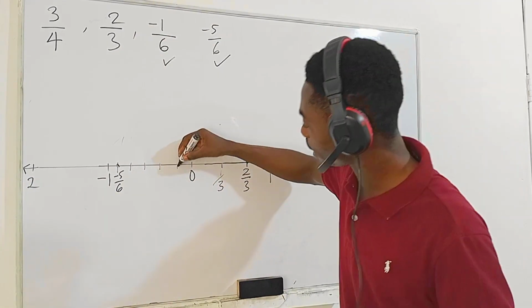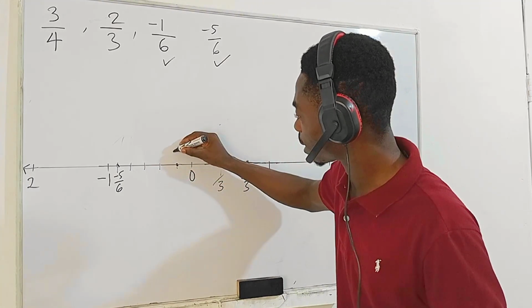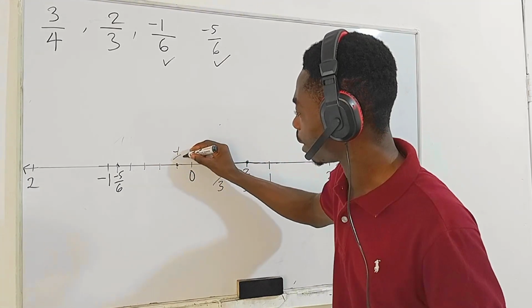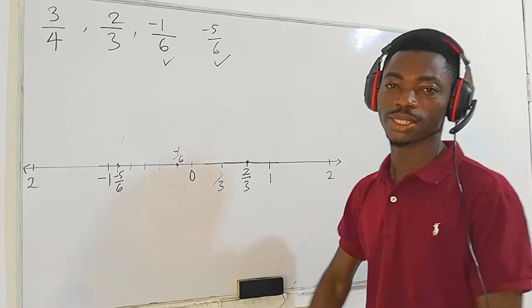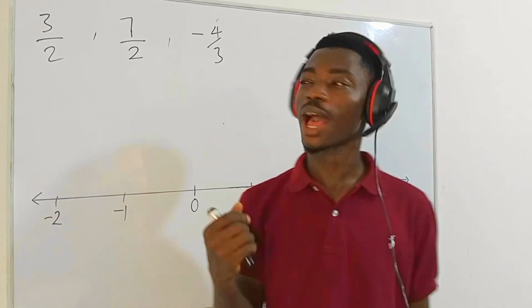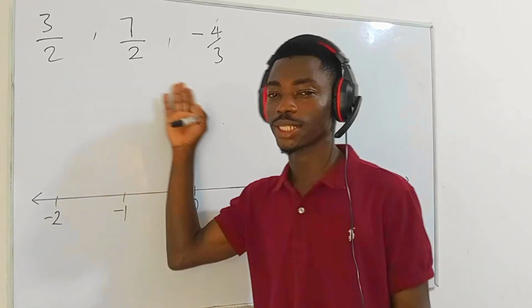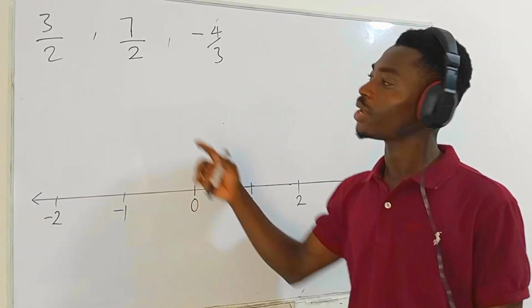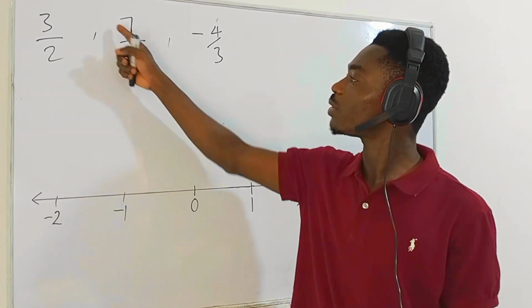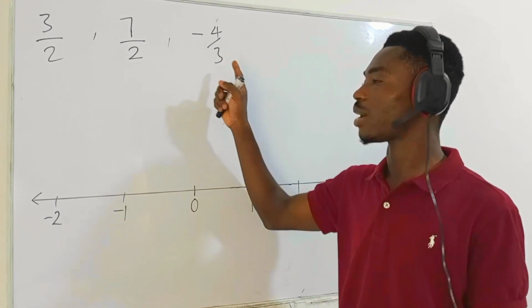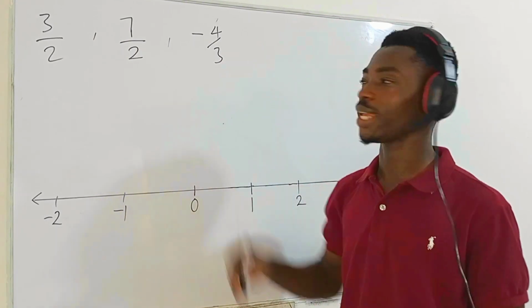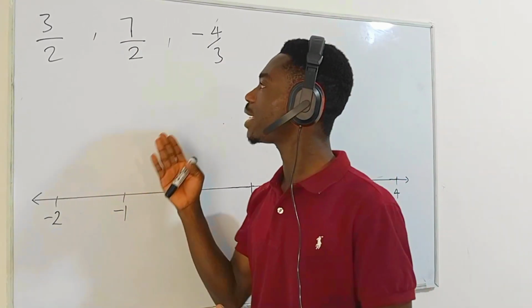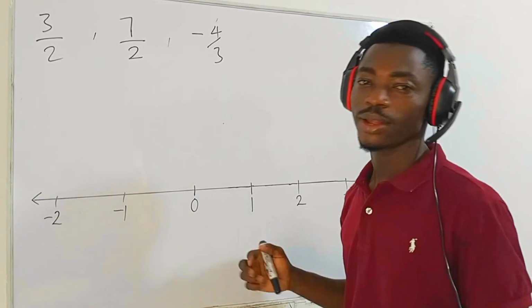That is going to be just here, negative 1 over 6. Pretty much simple, huh? All right, now let's look at how we can represent improper fractions on the number line. We have 3 over 2, 7 over 2, negative 4 over 3. So let's begin. Now, before we can represent any improper fraction on the number line, first of all, we have